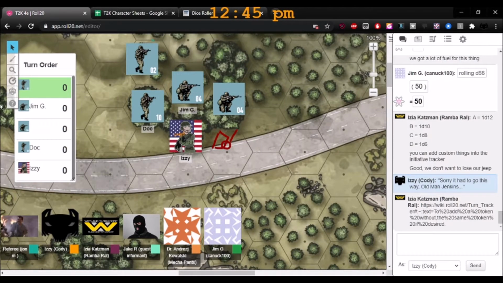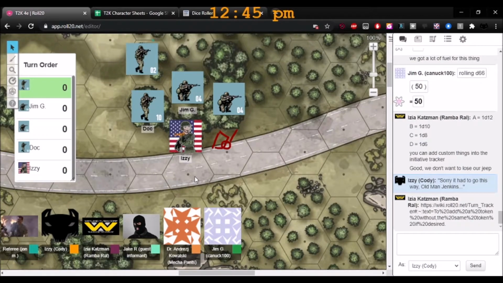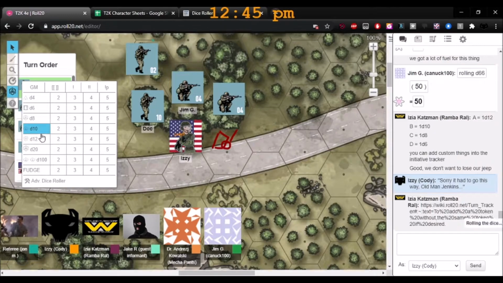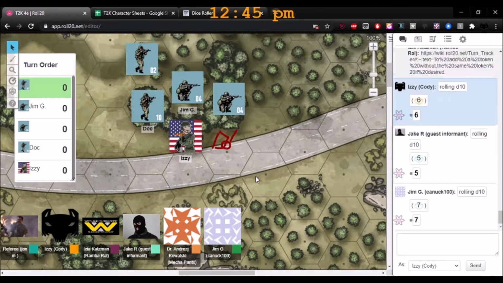Are we going to roll a D10 or D12? Let me first try if I can randomize this. I don't see that in the turn order settings. I thought I saw it randomized, but I guess not. You can sort for sure, descending, ascending. So instead, everyone just roll a D10, and if there's any ties, we'll compare agility. Whoever's got the higher agility can go first.